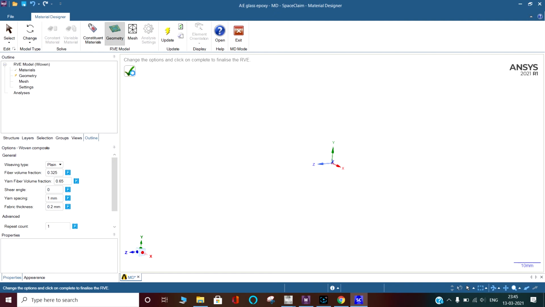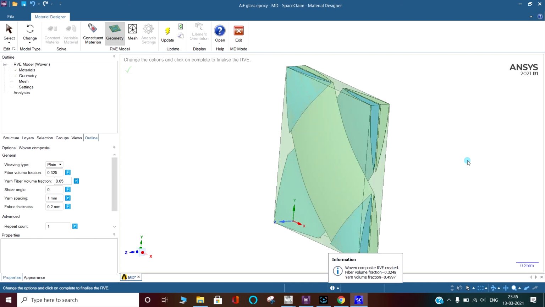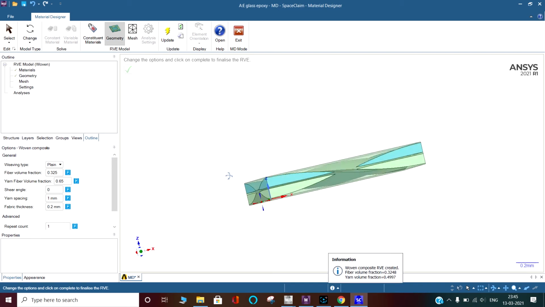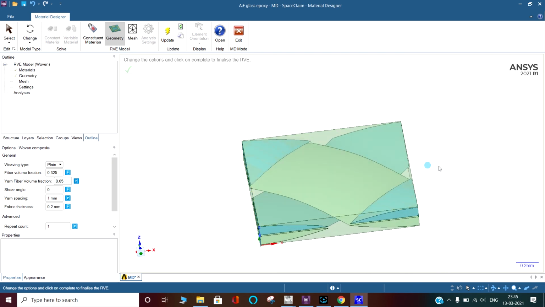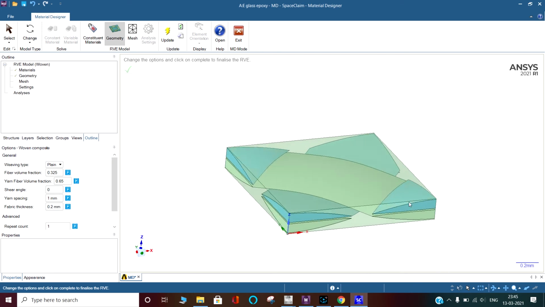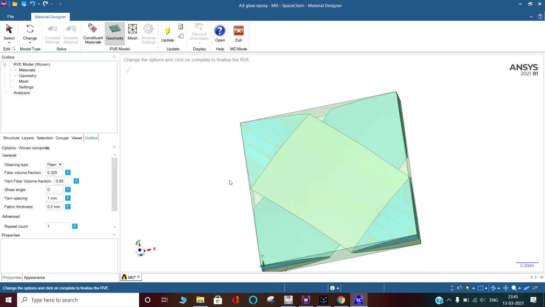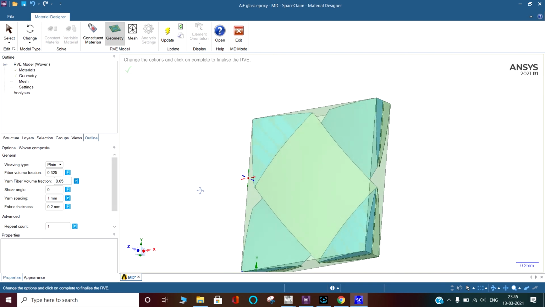First I want to just click it to show you what these fibers are. This is a woven fiber actually. So here you can see this is the woven fiber. This is the E-glass fiber, and it is going over another fiber, approximately at 45 degrees. So let's see what the availability is here.